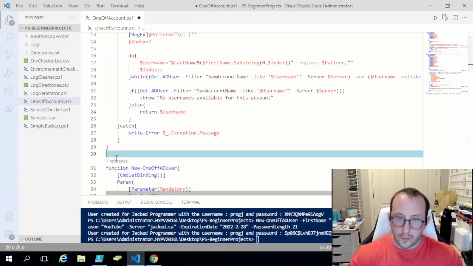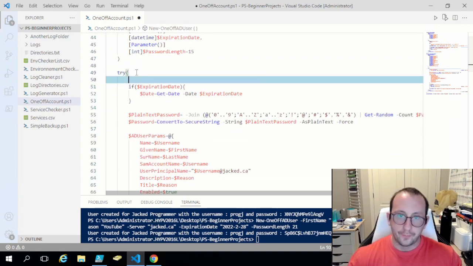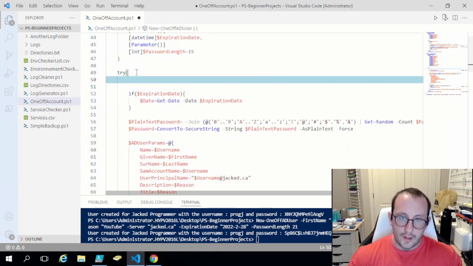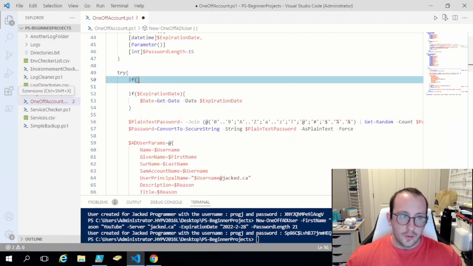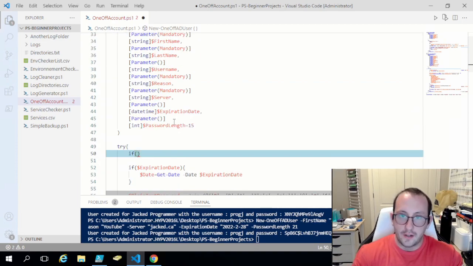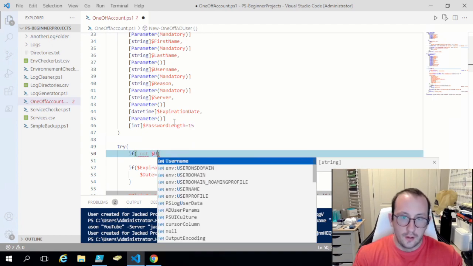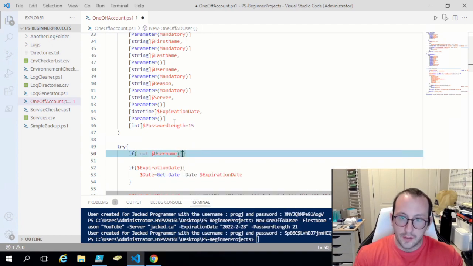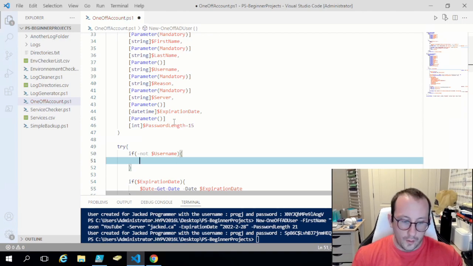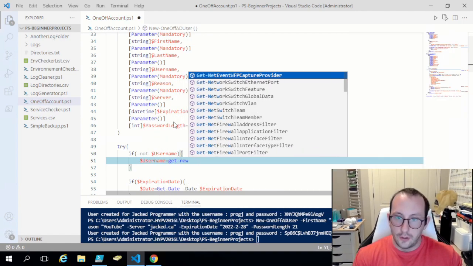Perfect. So then what we're going to want to do in our new one-off AD user is check if the username exists or not. So in this case, we're going to want to check if it doesn't exist. So we're going to do if -not username. So if the username does not exist, we're going to do a username equals get new